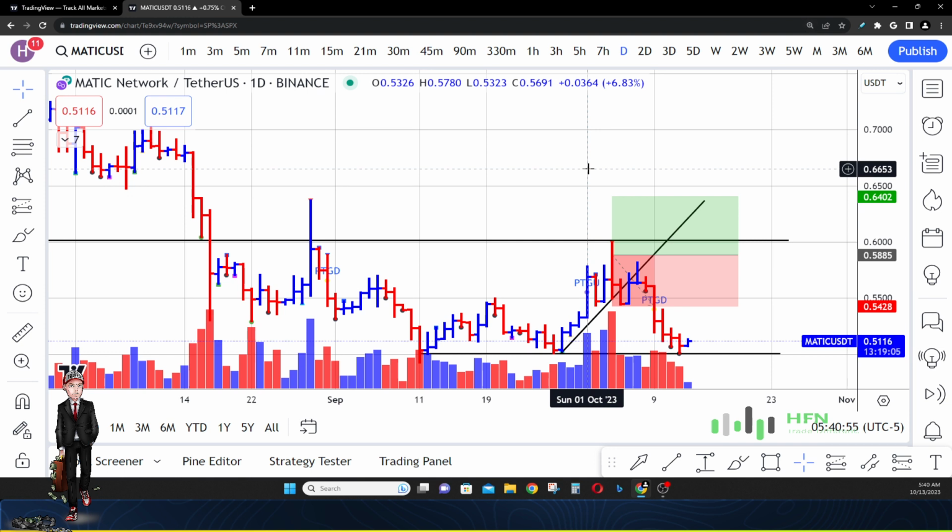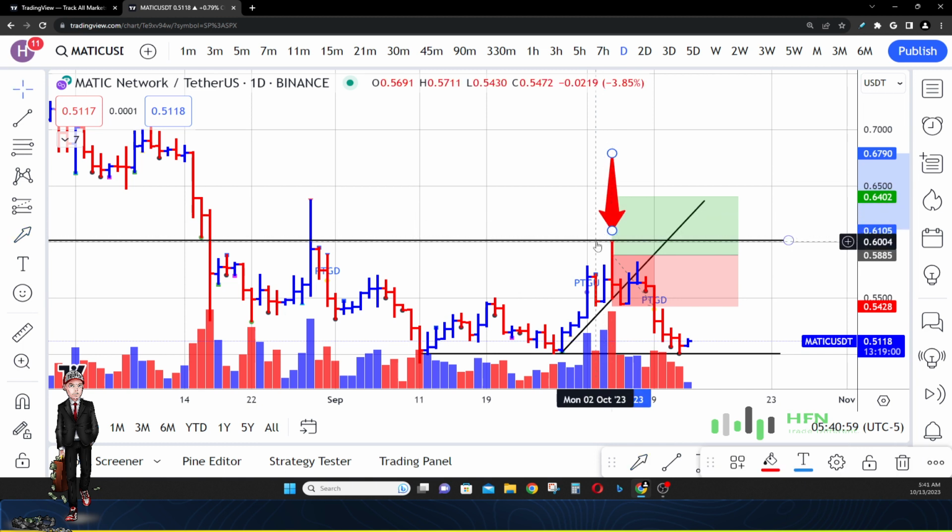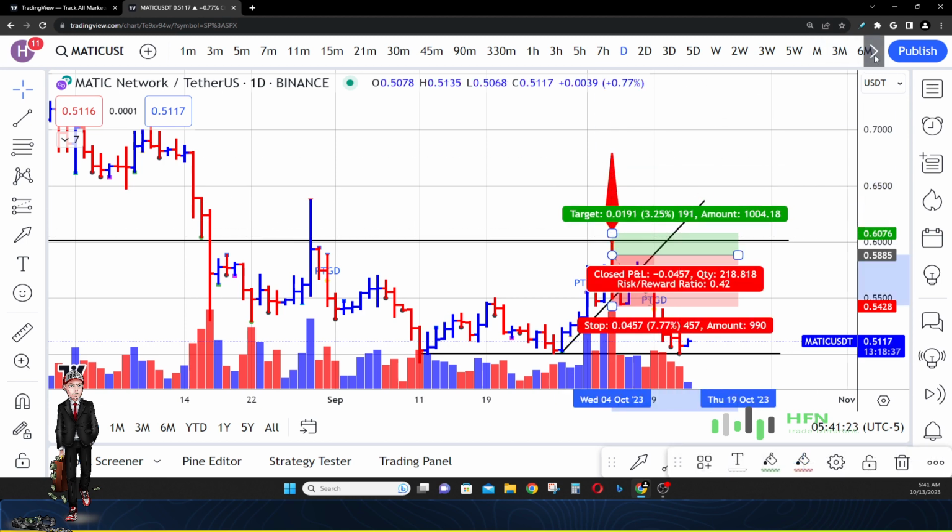Just by me zooming in on this price chart, you can see how price in Polygon MATIC, when we did our video, hit resistance around 60 cents. That's the reason why. That area is still seen as a place to where there's plenty of sellers willing to sell their Polygon or their MATIC for 60 cents. That was something that was talked about even on our video on October the 4th. So I'm not confused as to why price in Polygon went down and the volatility increased, especially right here on this particular day,